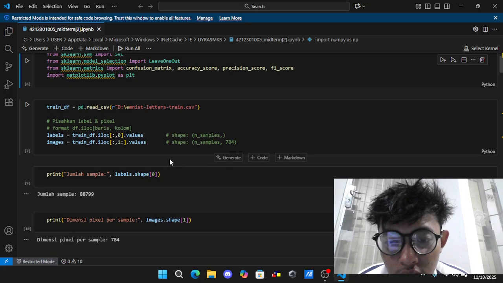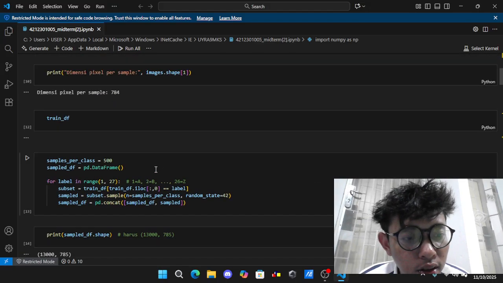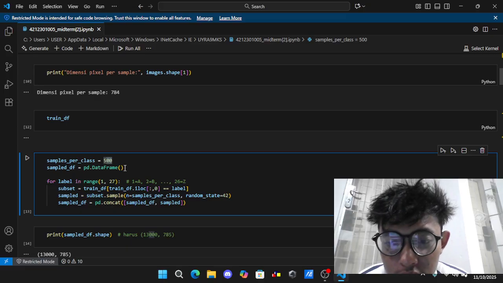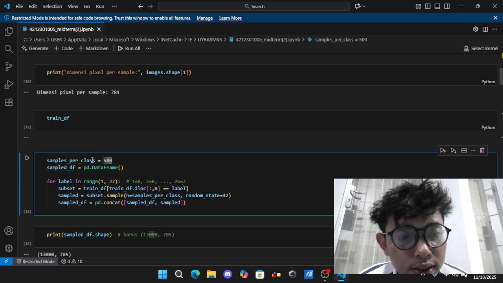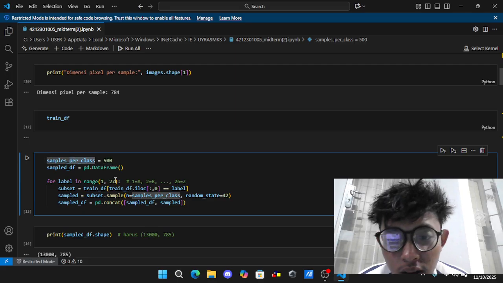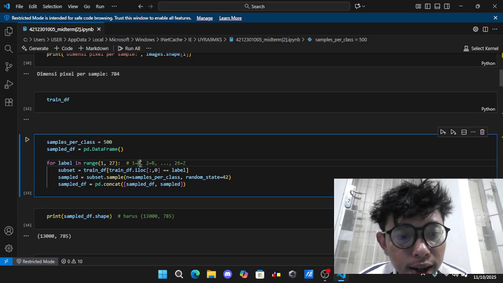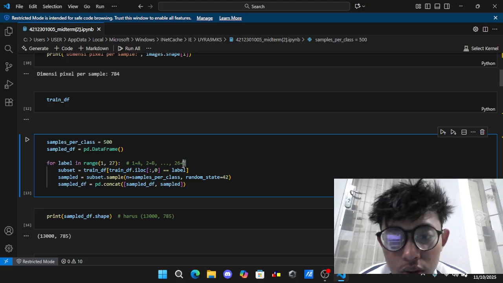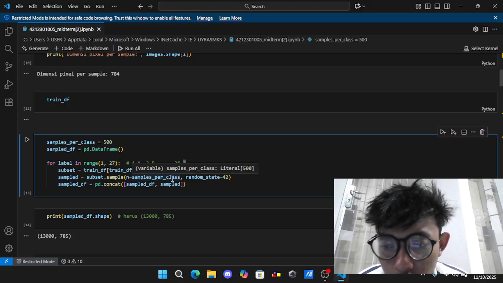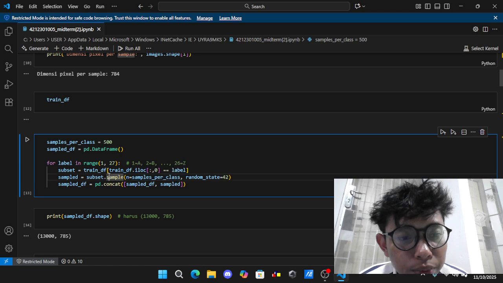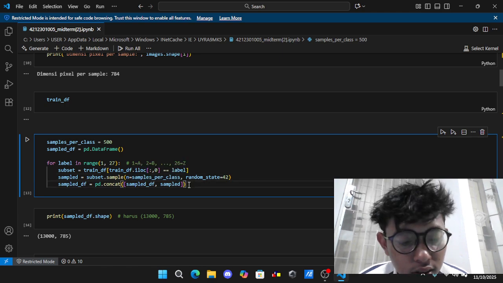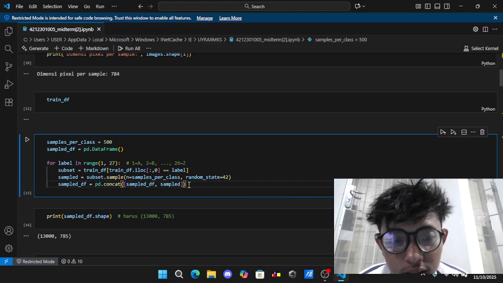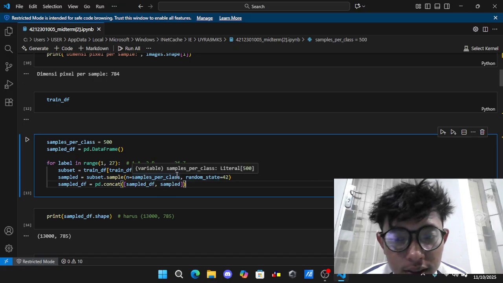Then I sample 500 data points per class, ranging from the letters A to Z, for a total sample of 13,000 samples due to the size of the dataset.